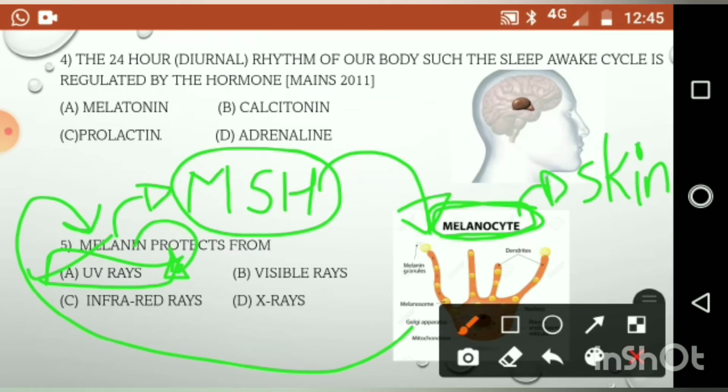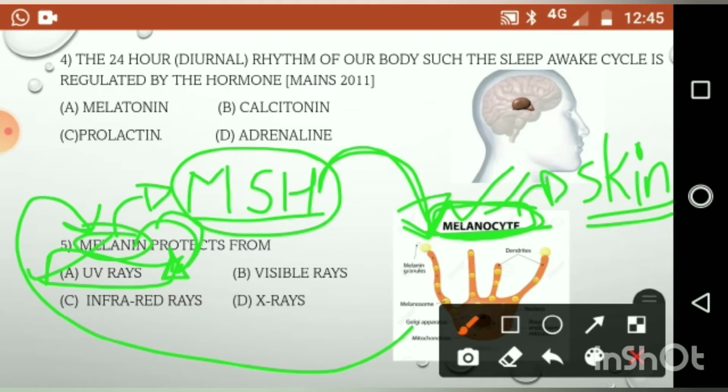It is like a chain cycle. Okay, melanocyte stimulating hormone, its target organ is the melanocytes present in the skin, and it gives the order to the melanocytes: you produce melanin, and this melanin will protect us from UV rays. Okay,